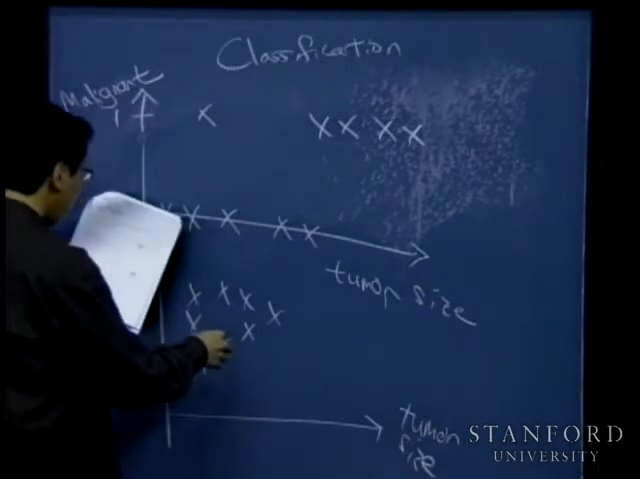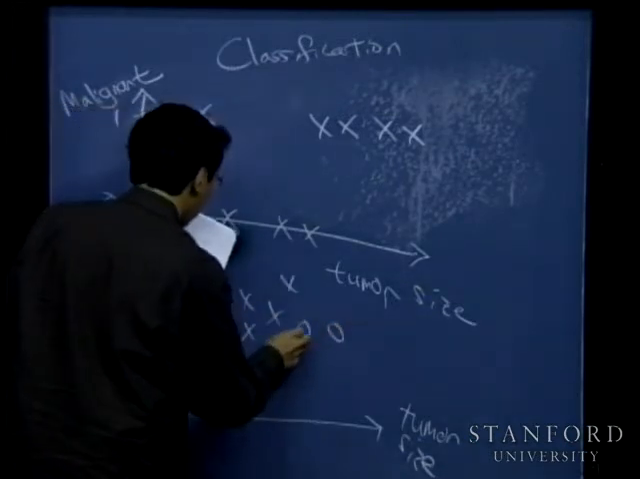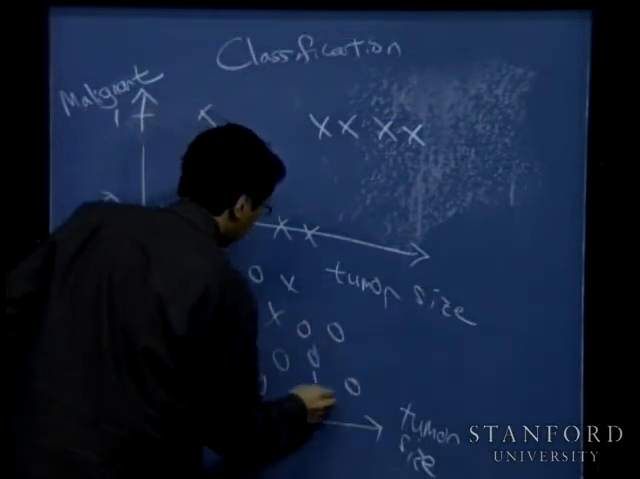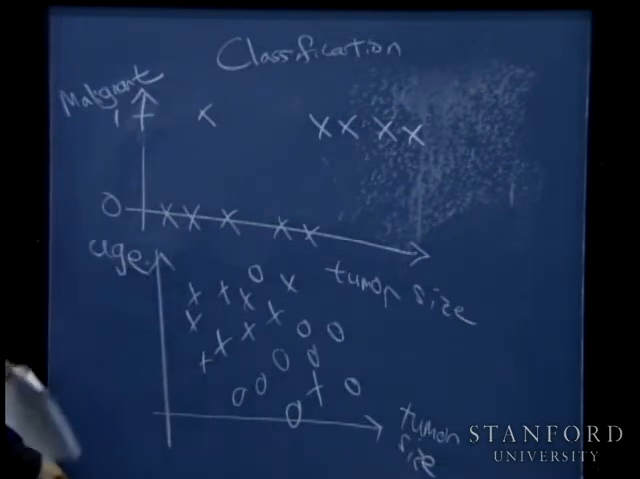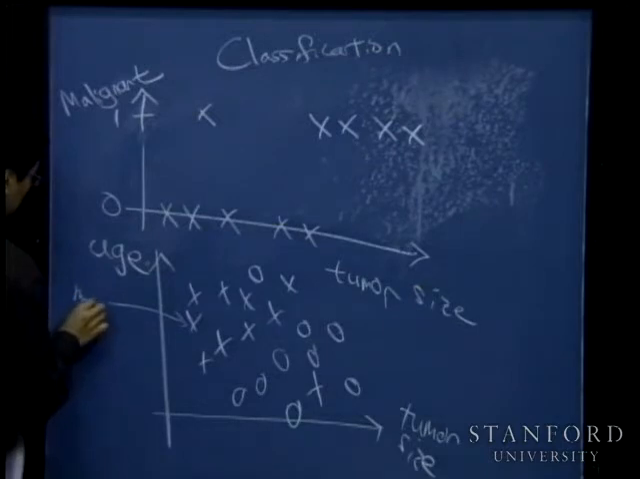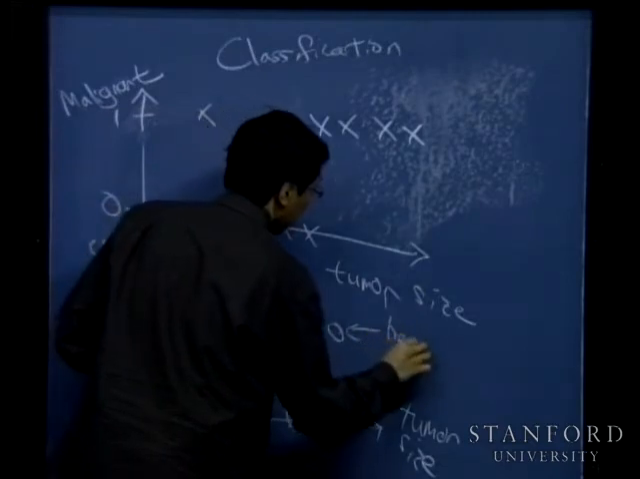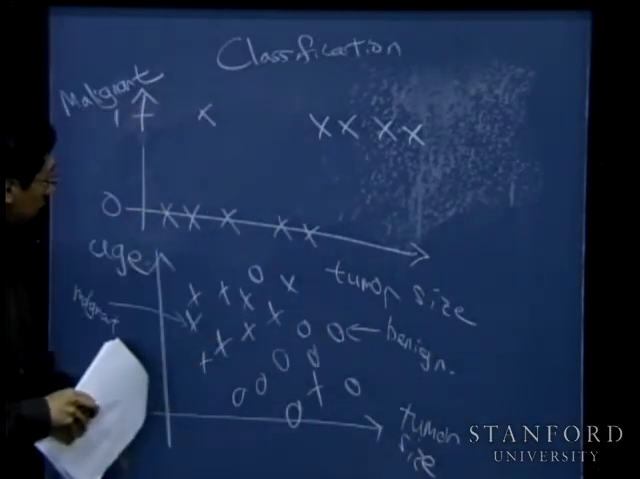And I'm making this data set look much cleaner than it really is in reality, for illustration. Okay, where, for example, maybe the crosses indicate malignant tumors, and the O's may indicate benign tumors. Right. And so you may have a data set